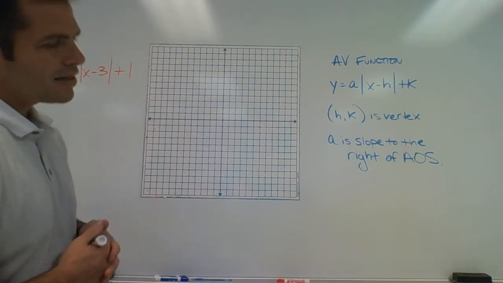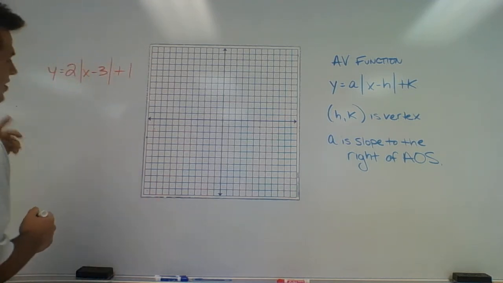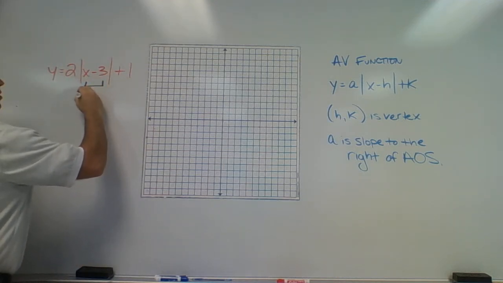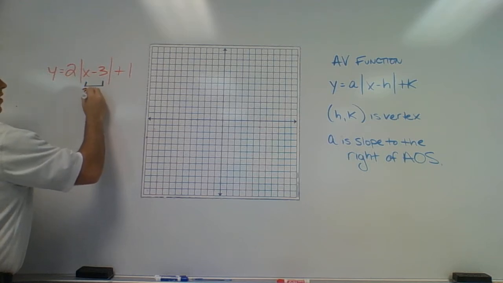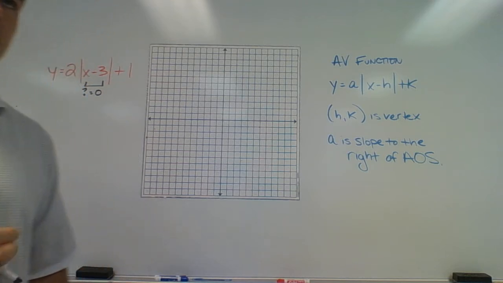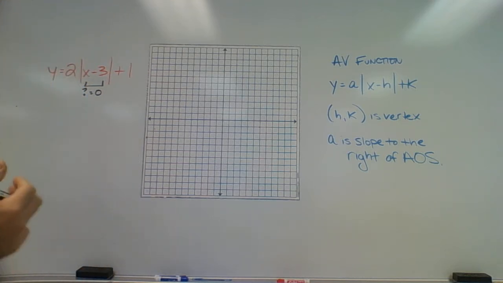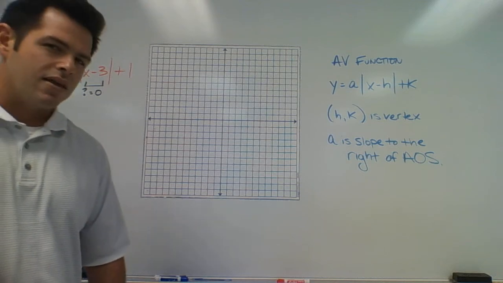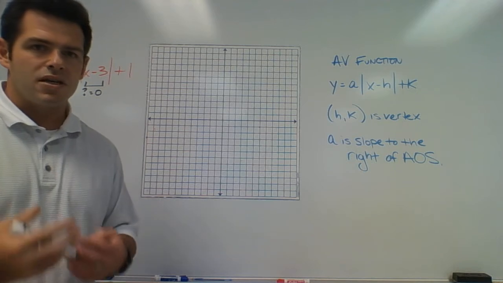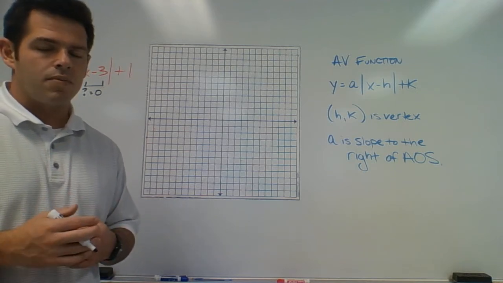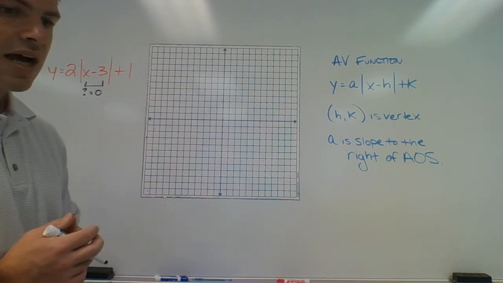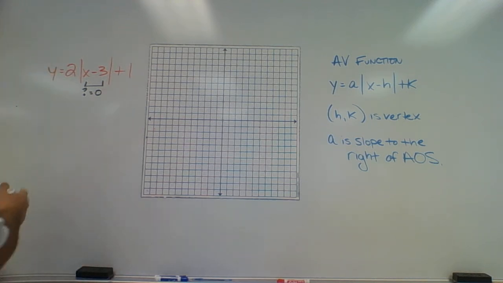I want you to think of it as the following. Inside the absolute value right now, I have x minus 3, and I'm going to try to figure out what value of x would make that equal to 0. That would probably be the easiest way, and the way that's going to lead us throughout the whole semester and the whole class, because this type of concept is going to come up very often, where we have a minus sign in a function or in a common general form. So if I think about this,